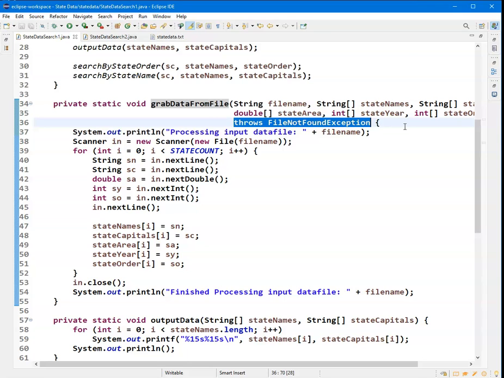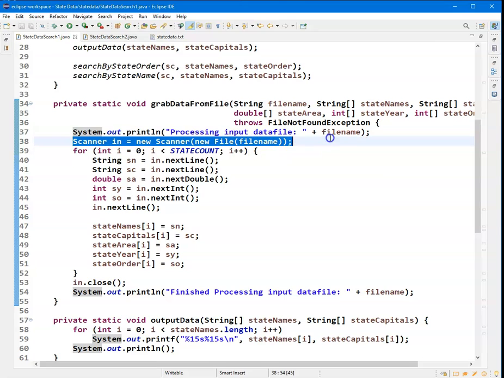It has to do with error checking and try-catch blocks, error handling. But right now it's beyond what we're going to talk about. So just let Eclipse add that throws clause so that the thing can compile. At this point, what we're going to do is say, hey, we're processing that input data file. We create a scanner. This string gets converted to a file. That file then the scanner reads that file, and then the rest of it is just reading from the file,